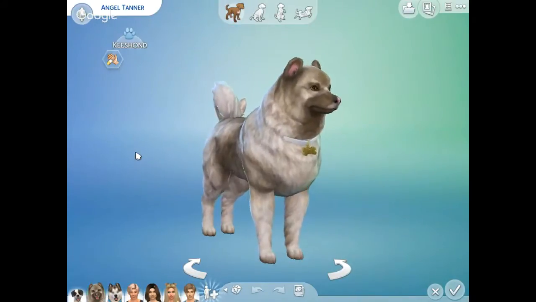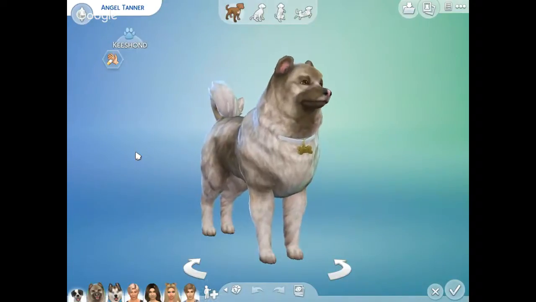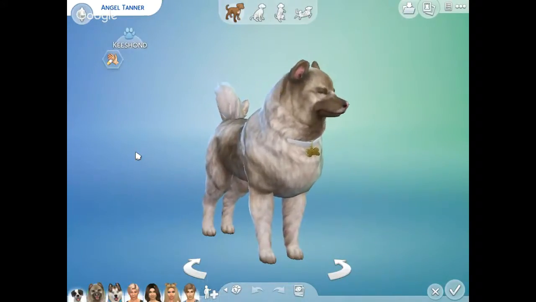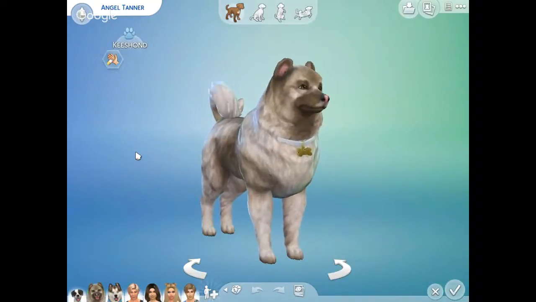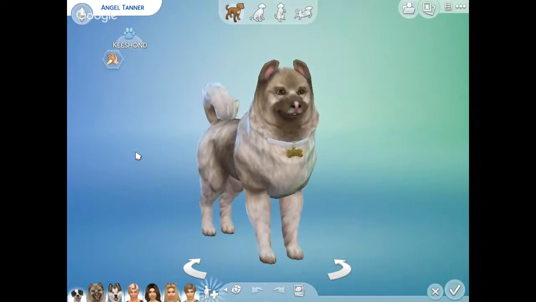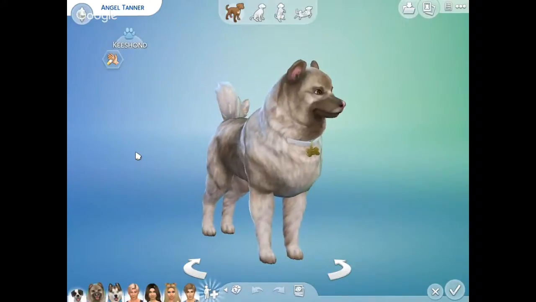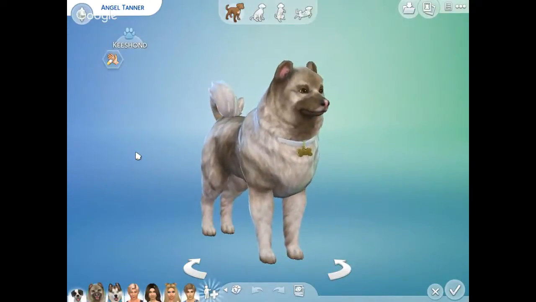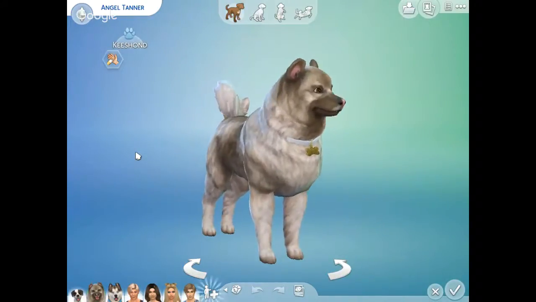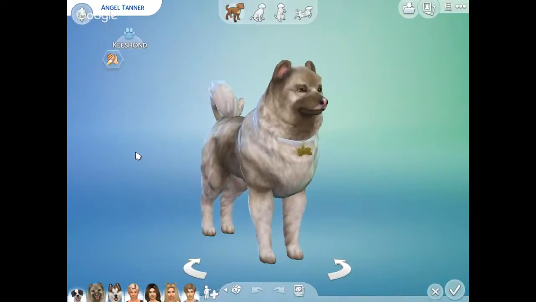I just didn't like the breed she was because I think she was too similar to Peaches, so I wanted a completely different type of dog breed. It wasn't the same dog breed as Peaches, but it was very similar. It was brown, just like Peaches, and I was like, no, I want to be a little unique, different from the other dogs, so I made her this Keeshond breed. Originally she was a different color. She was that brown and a lighter brown, and I changed the lighter brown to white because her name is Angel and I wanted her to have some white to it.